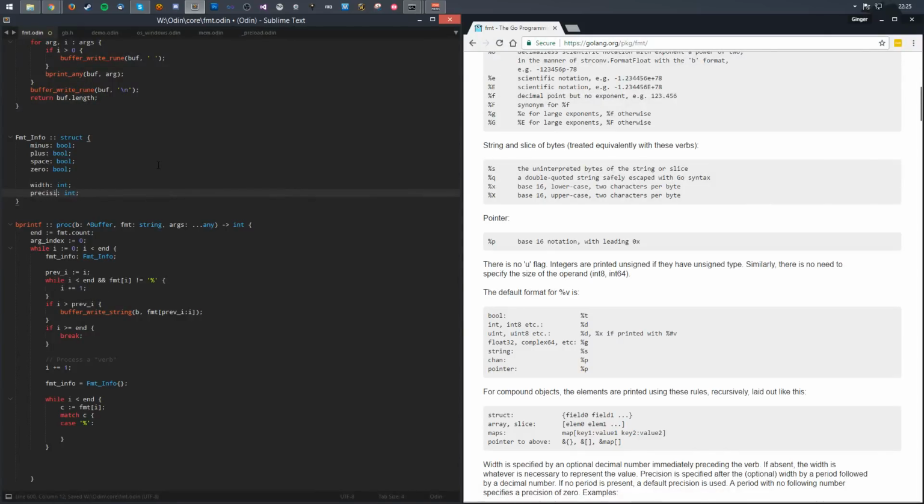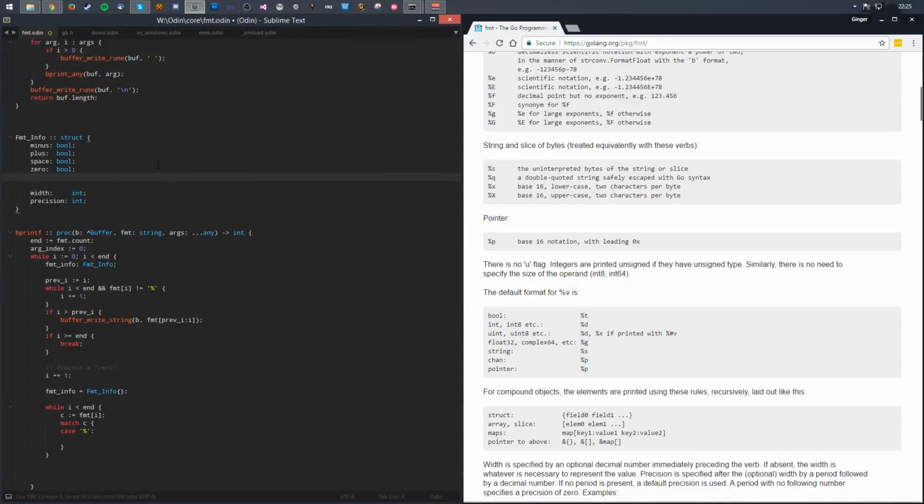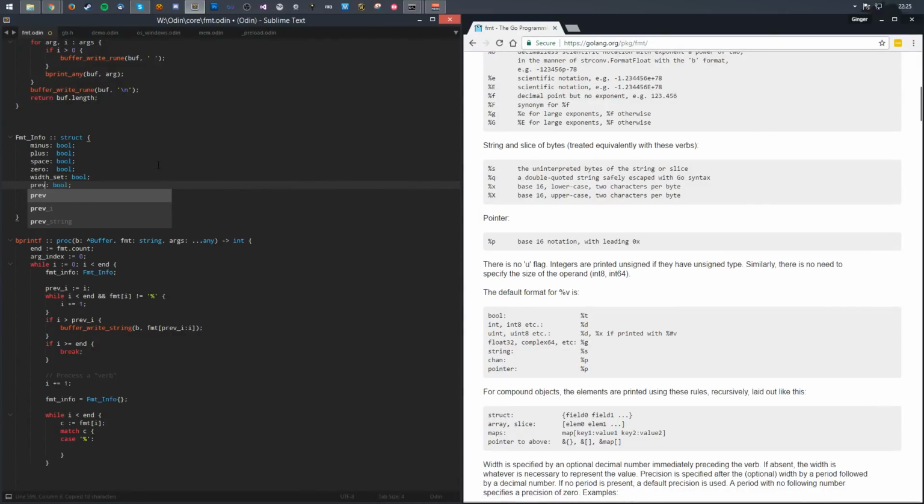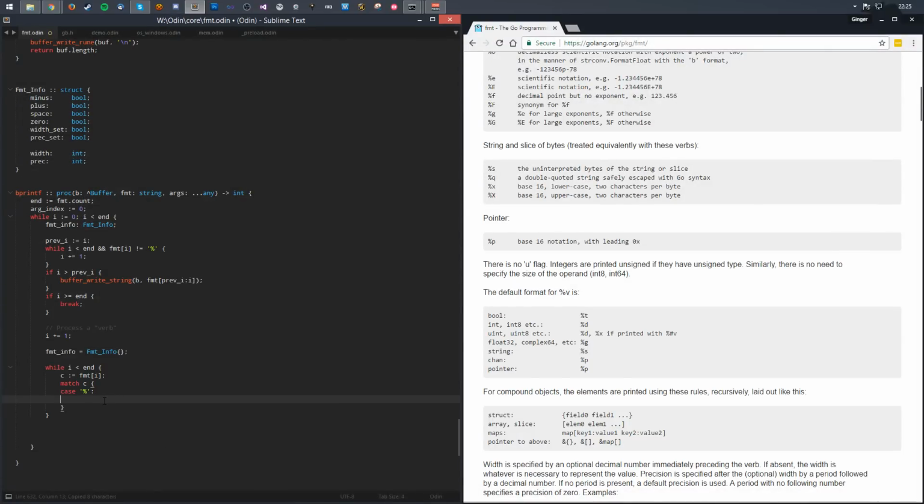Width and precision. Let's do width set and precision set, like so. Let's just do prec there to make everything consistent at least. And that should be our fmt info as we go along. So we're not going to take away, we're just going to get the little plus minus signs straight at the start. So if we've got a 0,